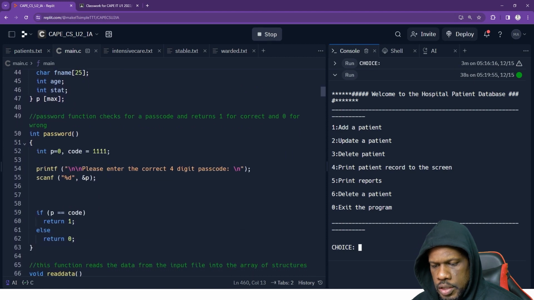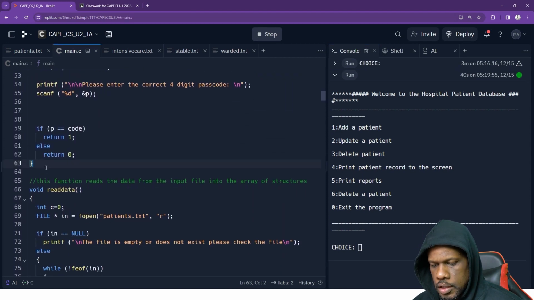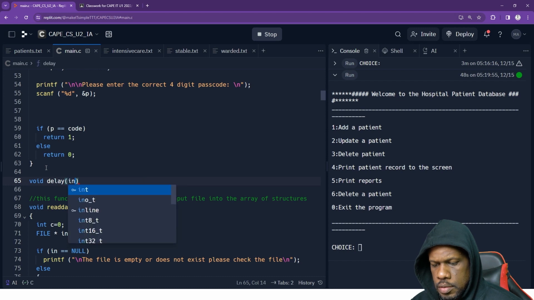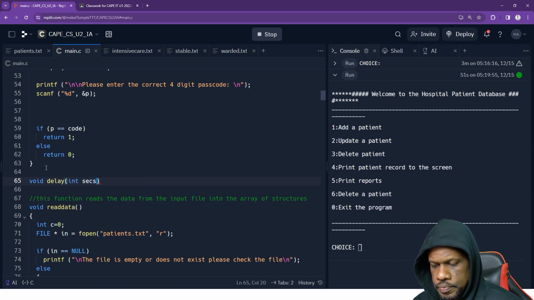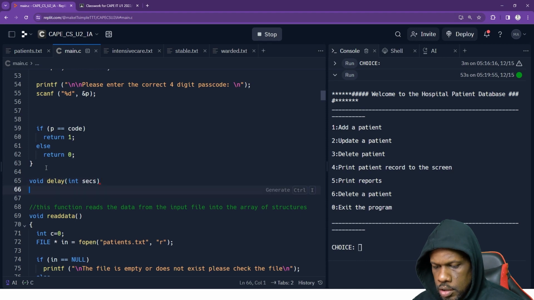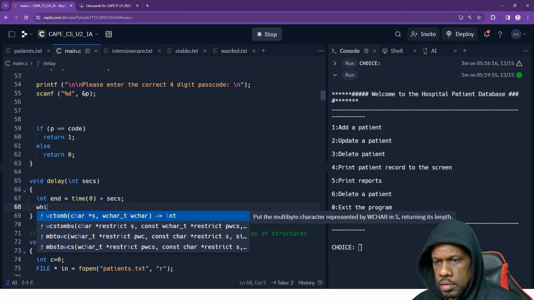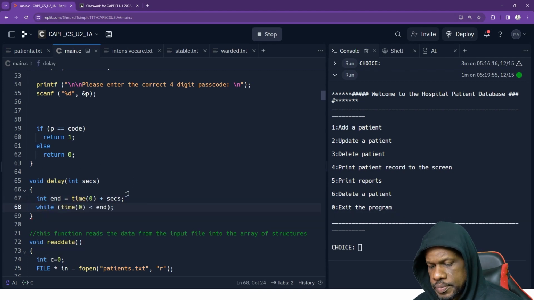But I'm going to put in a delay function right underneath the password and call it void delay, int secs. So this code is going to int end is equal to time 0 plus seconds, and then while time is less than 0 end. Yeah, so this function, its job is to